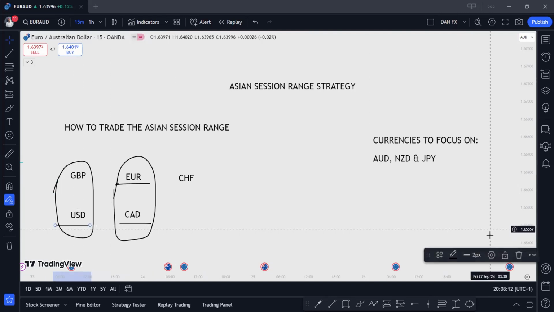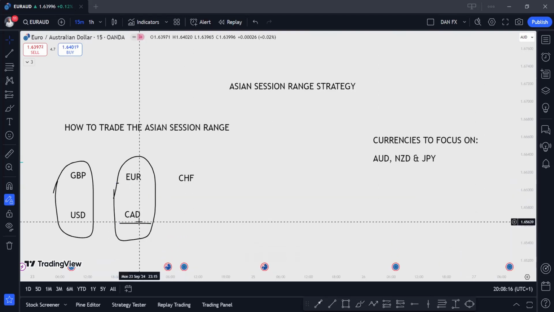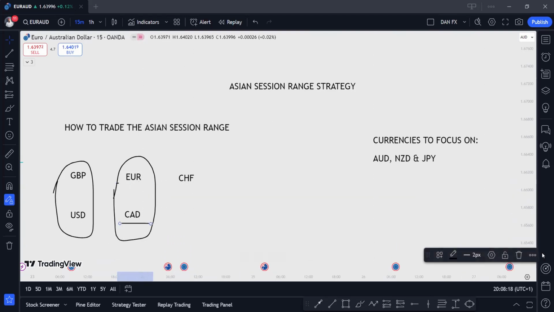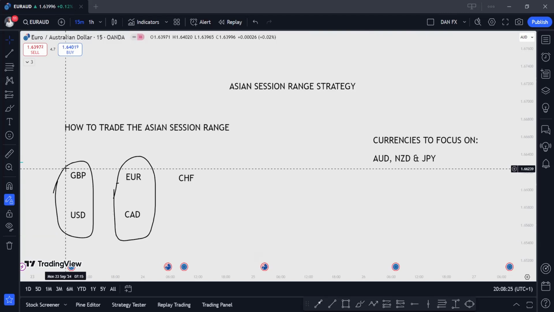So what they do is they hold one pair sideways while they move the other pairs, right? They usually use the majors, which are the pairs that have USD in them, to control the other pairs, which are the cross pairs. So what I mean by that is,